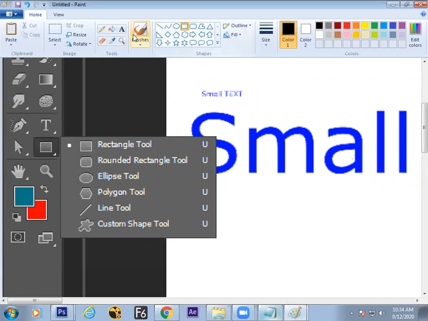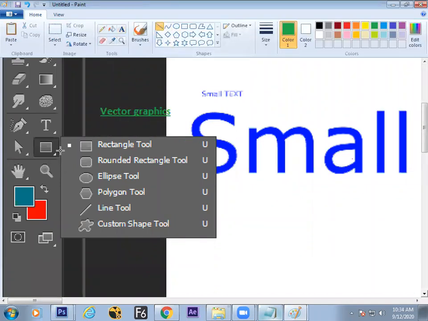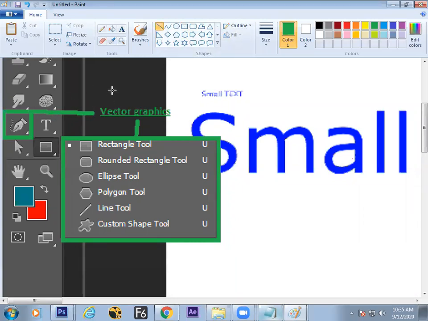So this entire thing is vector graphics. And one more tool is there, that is pen tool. That is also vector. Clear? So here I want to mention one thing.